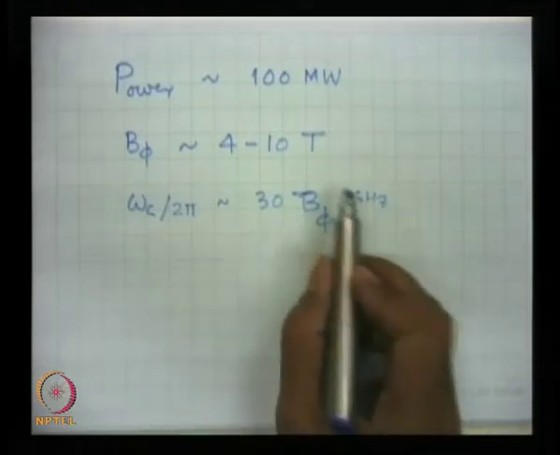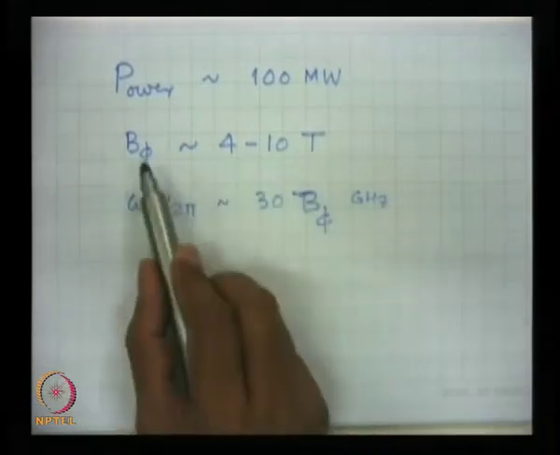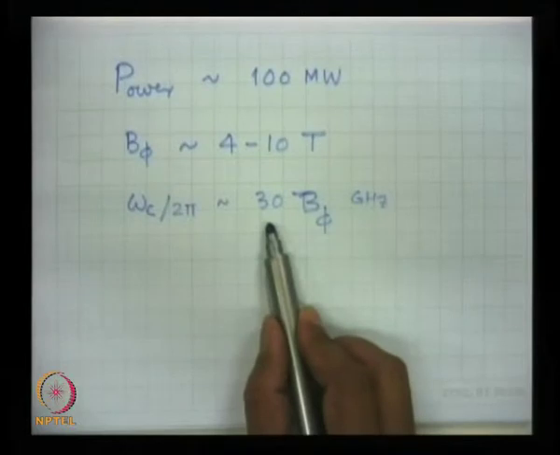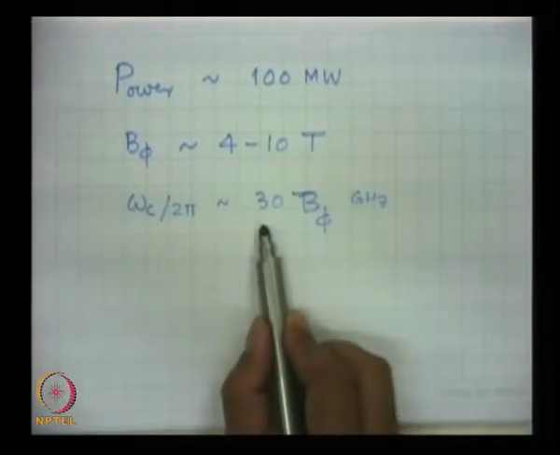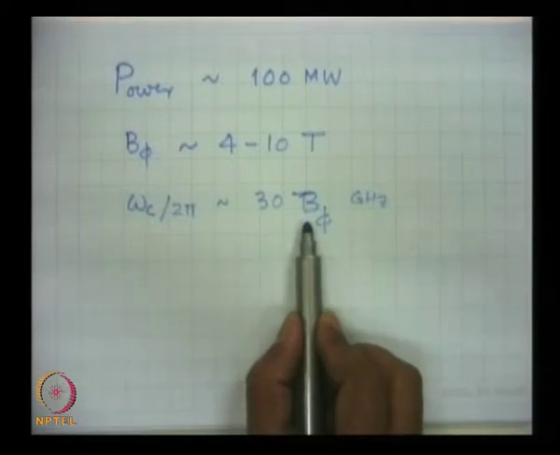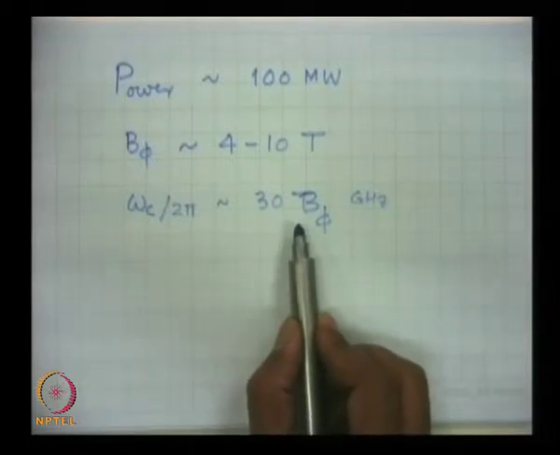So, if I choose the magnetic field in the tokamak as 1 Tesla, this will be 30 gigahertz. If I choose 4 Tesla, then this will be 120 gigahertz, which is a millimeter wave of about